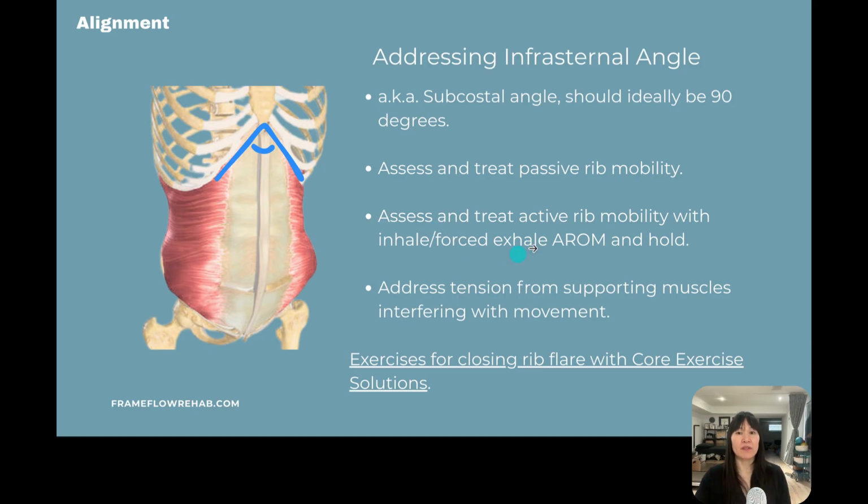So if we're thinking of passive rib mobility, that tends to be where I start. I tend to check and see, okay, if I have you supine or lying down on the table and I have my hands on their ribs, I'll do a little squish on one side. If the ribs absorb that movement quite well, then great, you have some really great rib springing, really nice rib mobility there. But if the force tends to travel through to the other side, then I might think to myself, okay, this side of the ribs, there's something happening where it's not absorbing that movement because the passive mobility just isn't there. So if it's stuck, then I'm going to feel that force on the other side